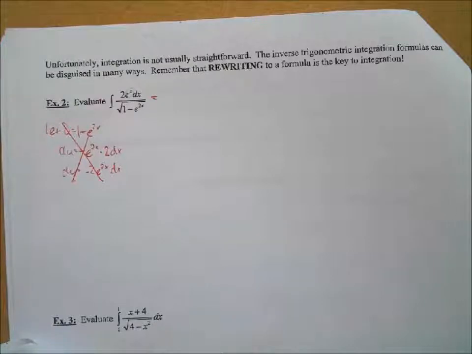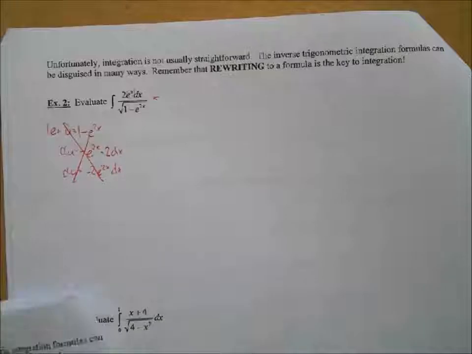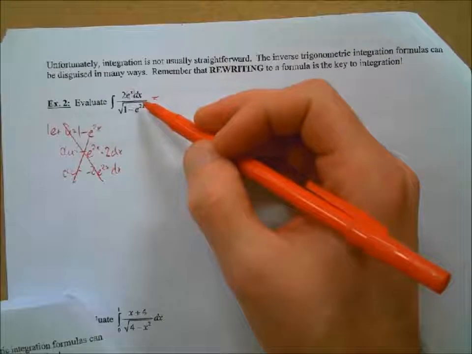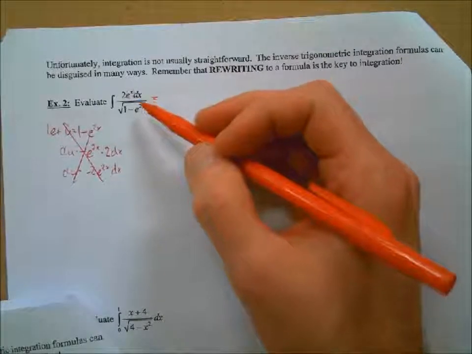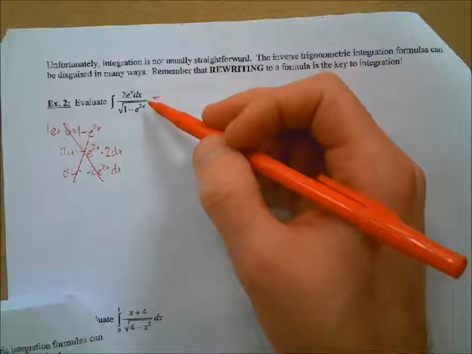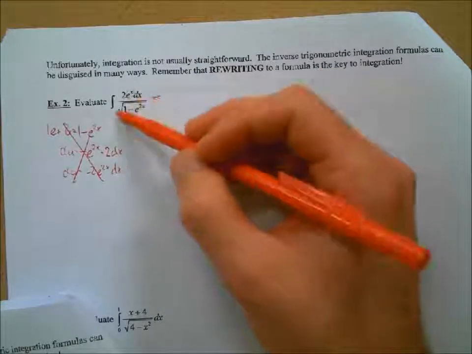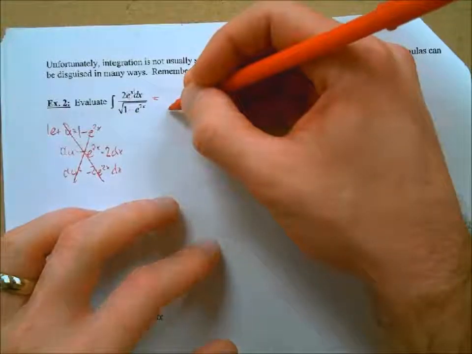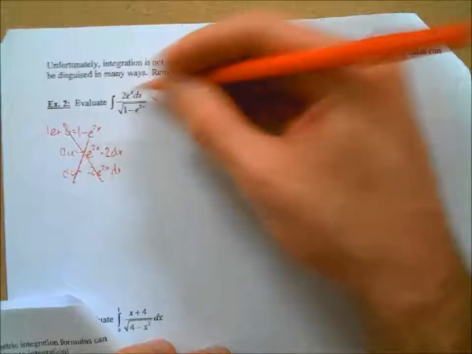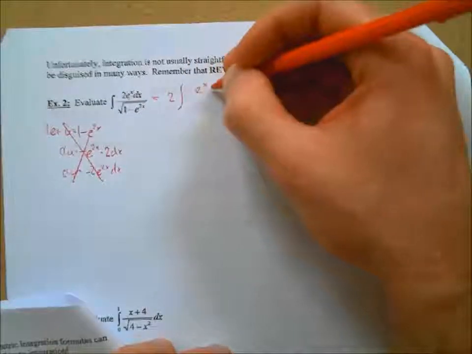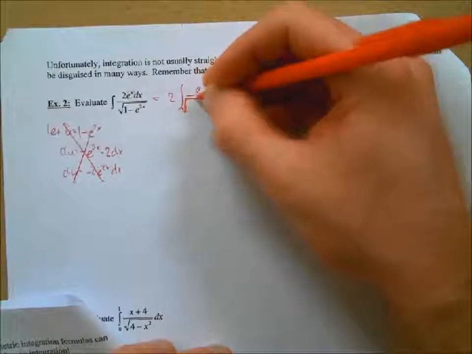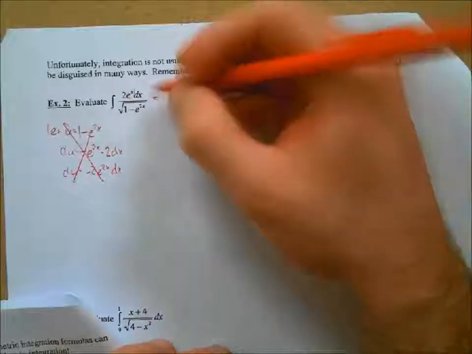What's that? Okay, let u equal e to the x, and this is going to be what kind of integral? Well, it's got a square root. Okay, so it's definitely not arctangent. Is it arcsine or arcsecant, though? It is arcsine, right? There's nothing in front here, so it's got to be an arcsine. Okay, so let's see if we can rewrite this here. So I'm going to go ahead and pull this 2 coefficient out front and make it e to the x dx over the square root here. So our a value is 1, right, because the square root of 1 is 1, so 1 squared,